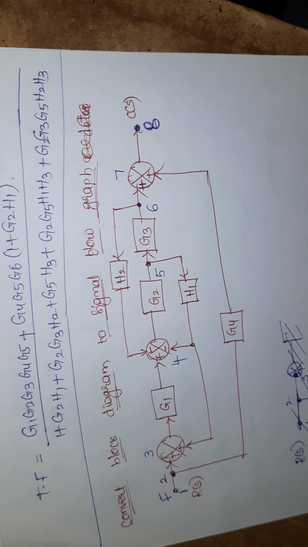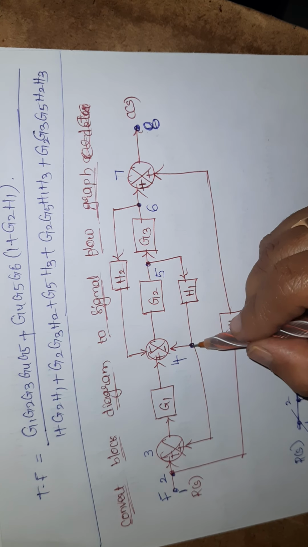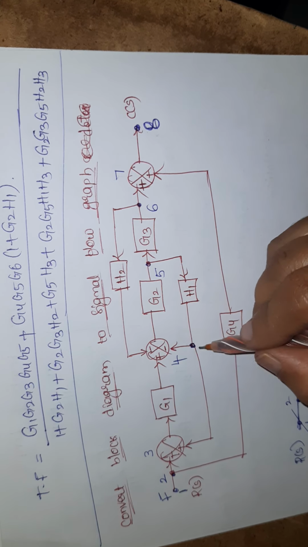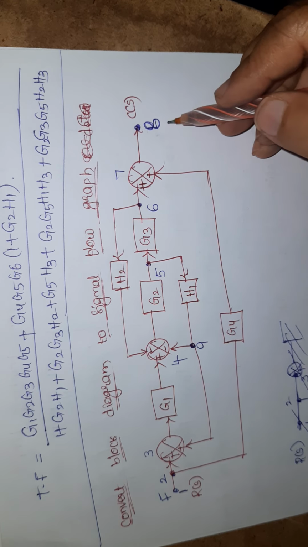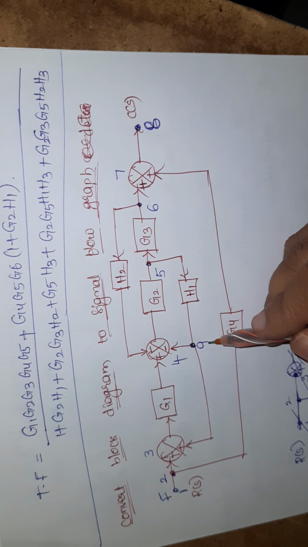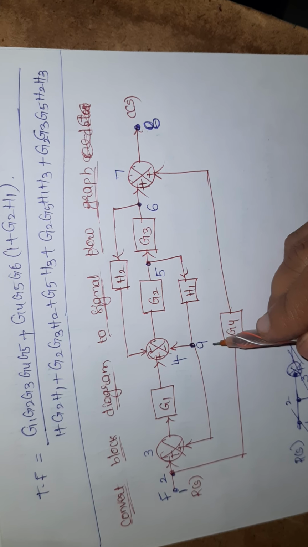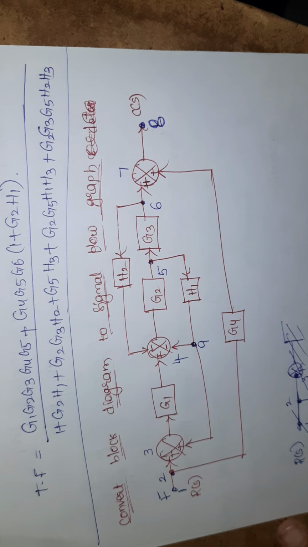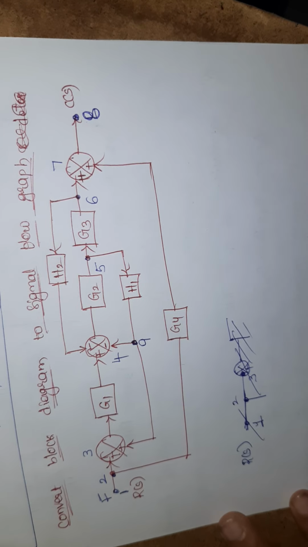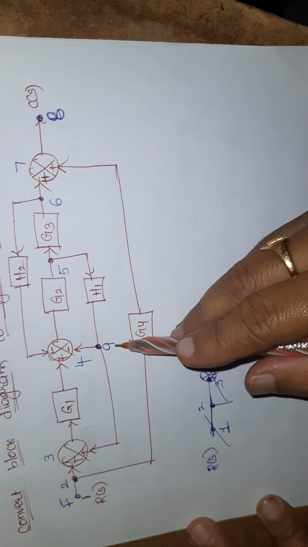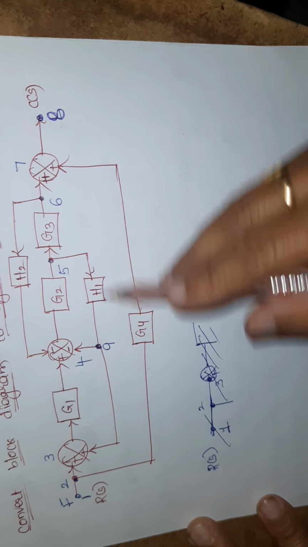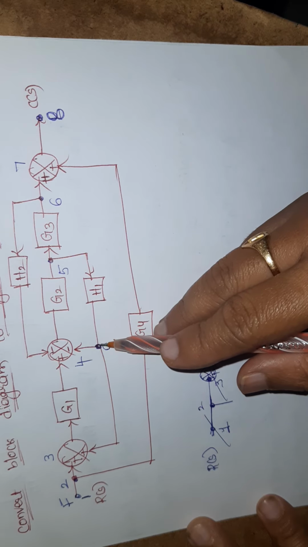Okay, so do we have any other nodes? Yes, this is a node where there are incoming and outgoing branches. So this is acting as a node. This is the 8th one, then I can consider it as the 9th one. Right, now I am drawing the signal flow graph by observing this diagram. So how many nodes do we have? Totally 9 nodes. 1 to 8 straight and the 9th one at the bottom.